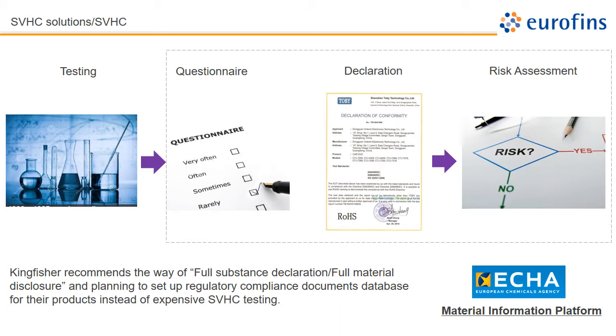Kingfisher recommends the way of full substance declaration, or you can call it full material disclosure, which is a common term used in the EEE industry when talking about hazardous substance free. Full substance declaration is to build Kingfisher a huge product composition database. We have already conducted several pilot projects in the past few years, and we understand that vendors can hardly provide